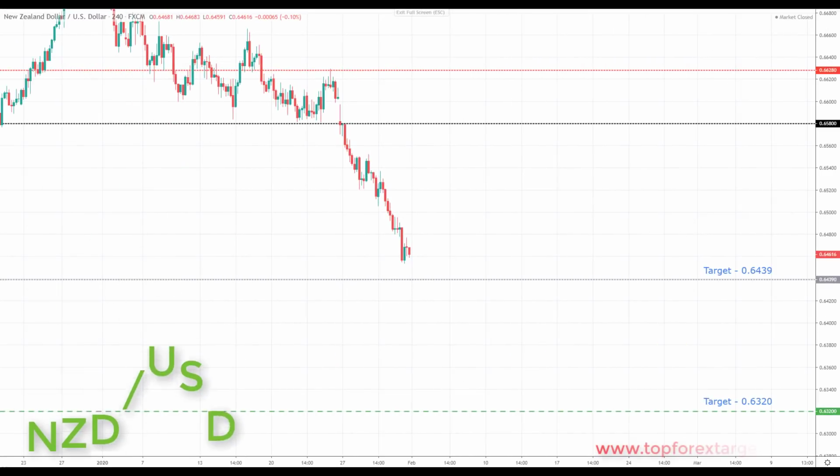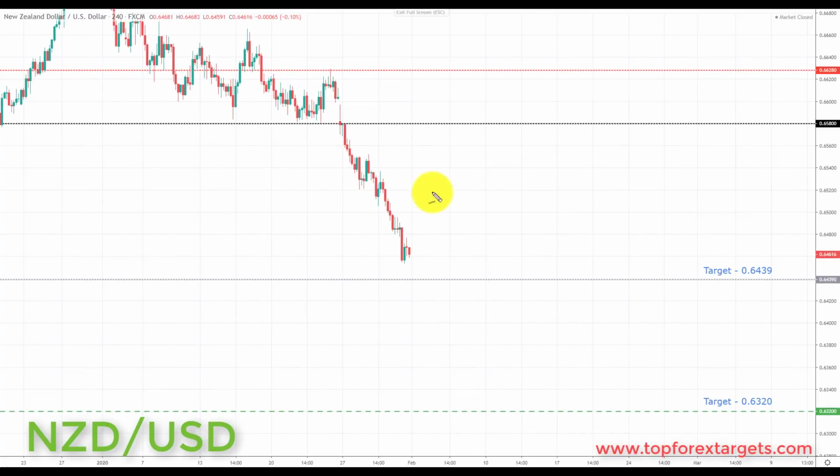So the next market we're going to look at is the New Zealand dollar. Now, similar to the Aussie, in fact, the Kiwi after the Australian dollar is probably the second most exposed currency to the Chinese economy. And again, as we saw that sell-off last week in the dollar index, we did not see any inverse bounce to the upside in the New Zealand dollar. So on a relative basis, there is no money coming into the New Zealand dollar and the Aussie, even if it is coming out of the US dollar.